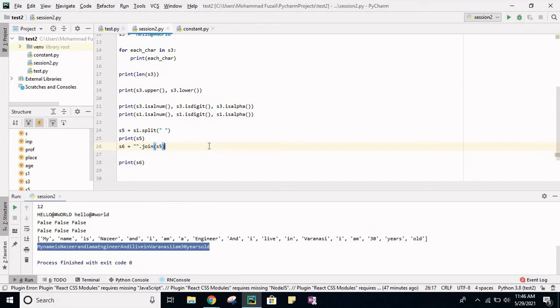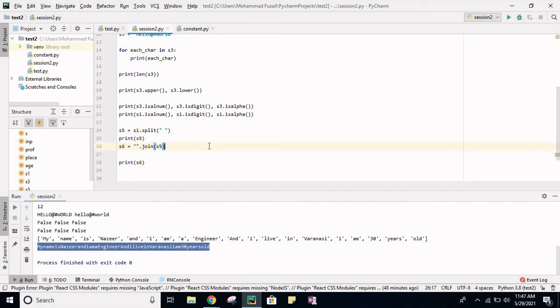Any doubt with the join function? Anyone? Awesome. Okay, you got it, right?